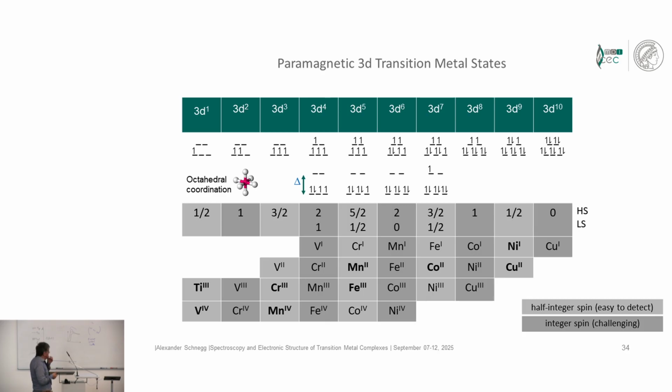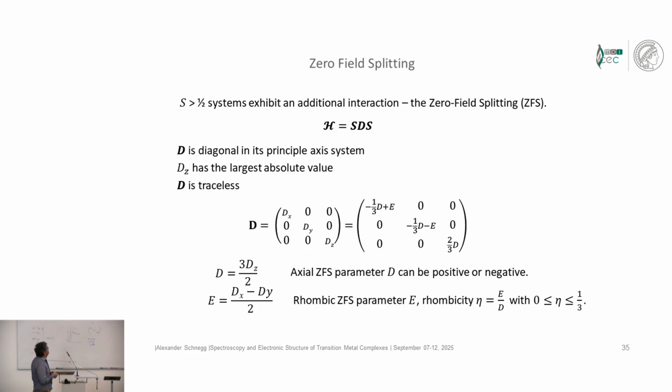In EPR, EPR is very powerful in detecting half integer spin states. They are called Kramers states. However, integer spin states are oftentimes much more difficult to detect, and this is due to the zero field splitting, which has been also already introduced by Frank and Dan, and this is the interaction for spin greater than 1/2. It's a multipole effect. It's the interaction of electron spins with themselves, and this is a matrix again,